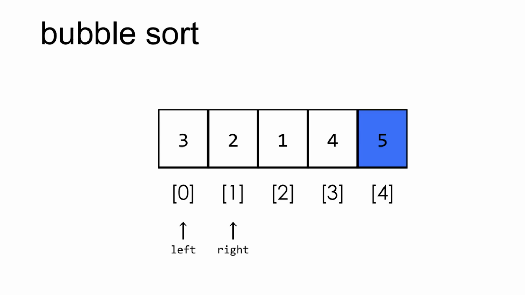Now that 5's bubbled its way to the end of the list, we go back to the beginning again. So we compare indices 0 and 1 and find that 3 is larger than 2. It's out of order, so we swap those. Then proceeding on, we compare 3 and 1, and 3 is larger than 1, so we swap that again. So far, 3's bubbled its way from the beginning all the way to the middle of the list. But 3 isn't greater than 4, so we actually don't swap those. We don't need to make one last comparison because 5 already bubbled its way to the end of the list in the first iteration,